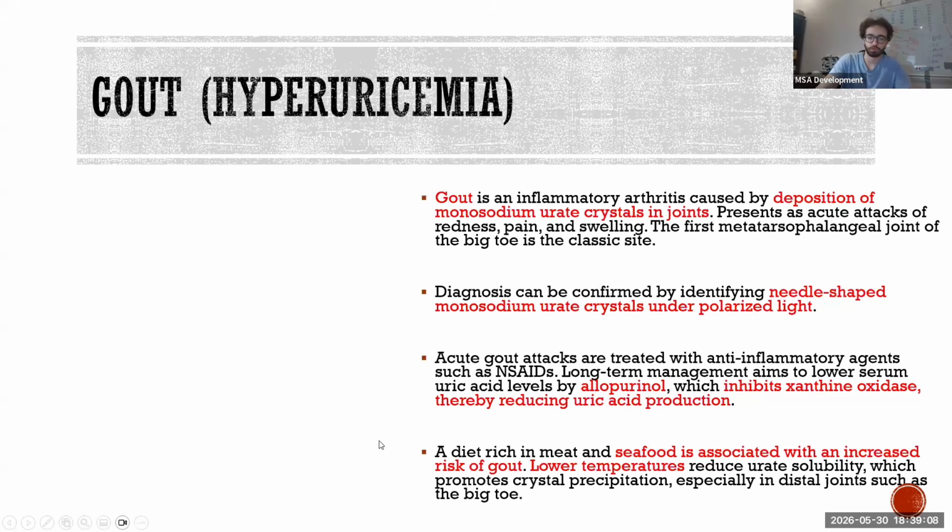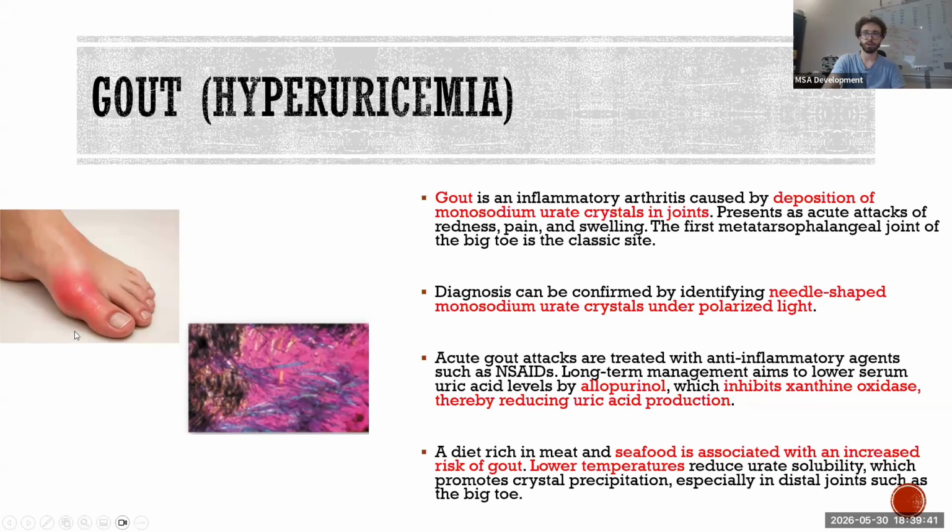I want you guys to know something important. These are considered risk factors in people who can develop gout. Seafood or meat has a lot of purines. A person that eats a lot of seafood can get gout because he's getting a lot of purines. Similarly, a patient or a person that's spending his time in low temperatures might get gout. You want to know why? Low temperatures will reduce the solubility of the urate. It will precipitate as crystals in the joint. Okay, memorize these risk factors, very important.